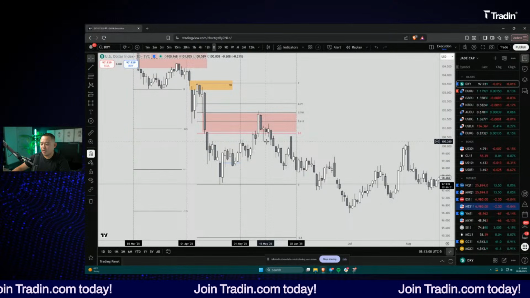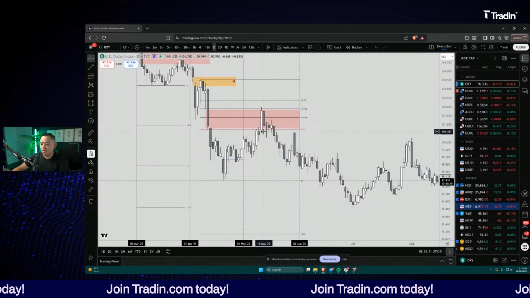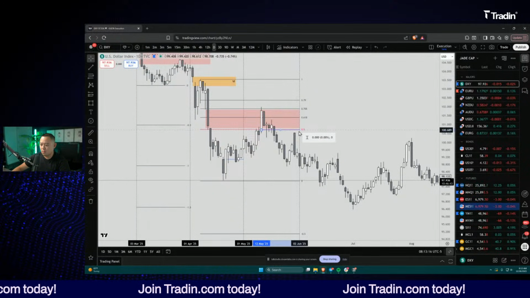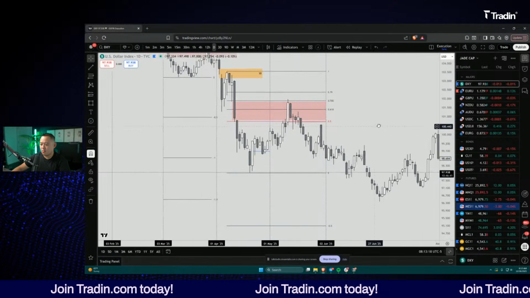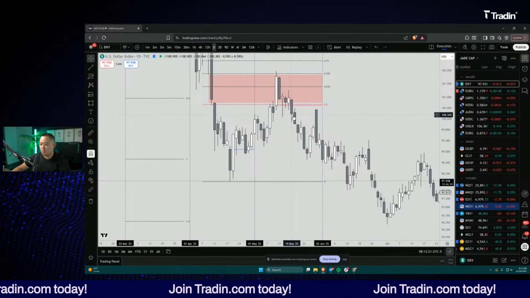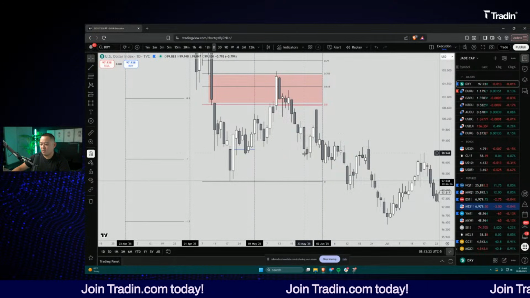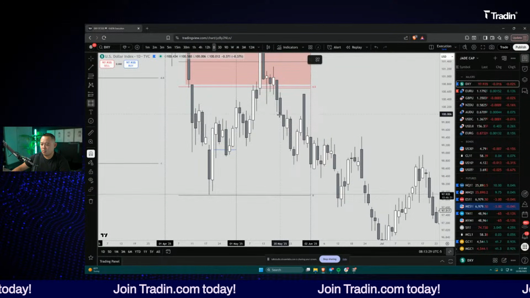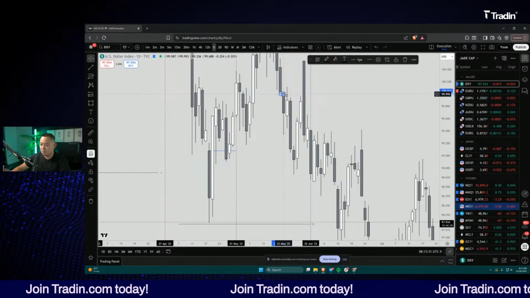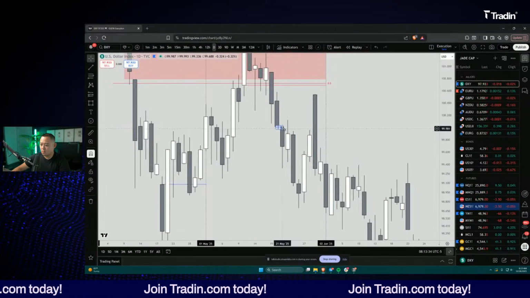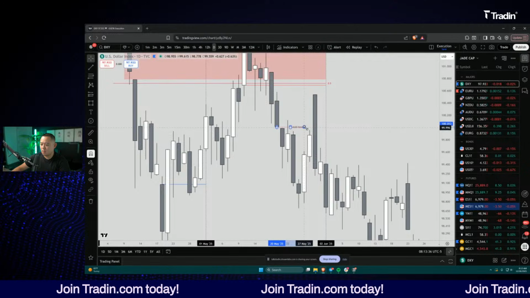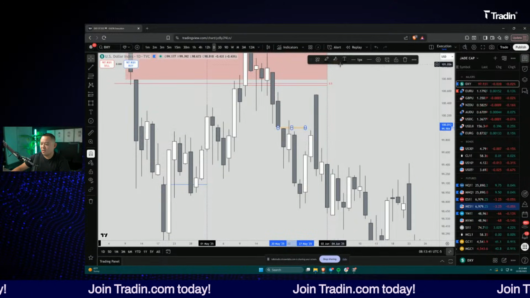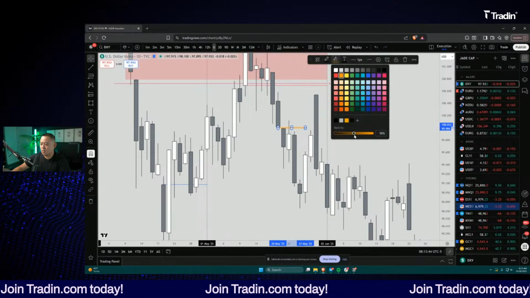Let's say you're trying to get short on this market, but you don't know where exactly. Maybe you want to wait for a closure below this up close candle. We have this up close candle. We close through it, and then we get follow through for a couple days after that. This is just a retracement into this volume imbalance. We have a small volume imbalance there. I'm not going to put the text because you probably won't be able to see it.